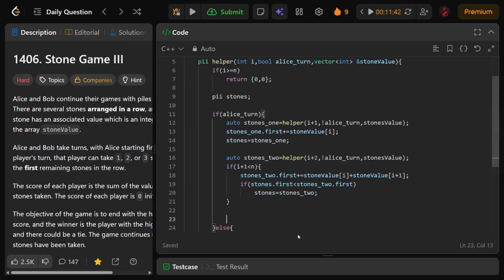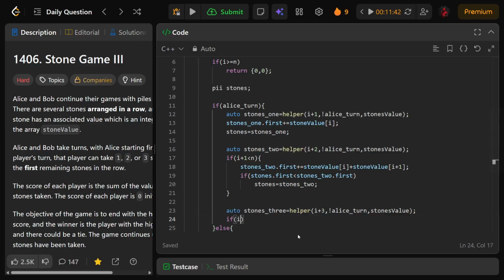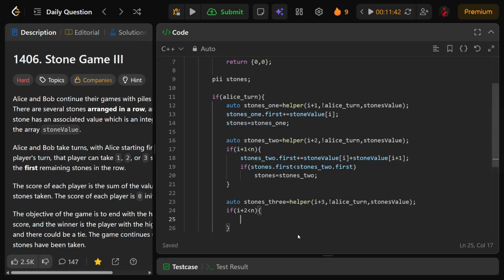Understood, right? Now similarly, there will be a third case where we will choose 3 stones. When you're choosing I, I plus 1, I plus 2, the next stone will be I plus 3, which will be chosen by Bob. So again, we'll have to check, do we have those many stones? I plus 1, I plus 2. If we have, then only we need to make sure we are adding it to 3 stones. Alice score,